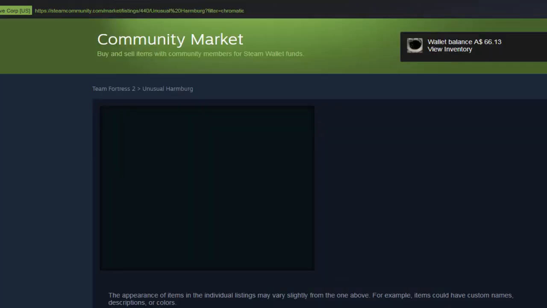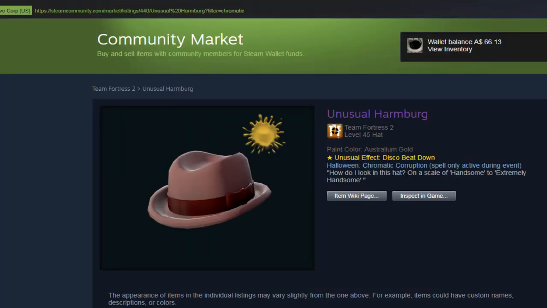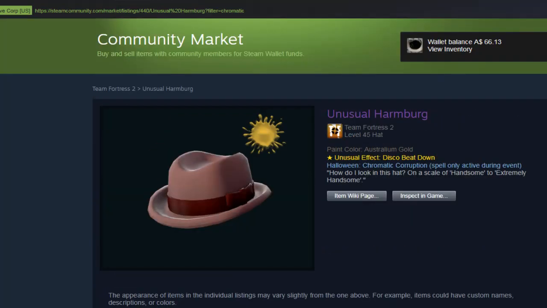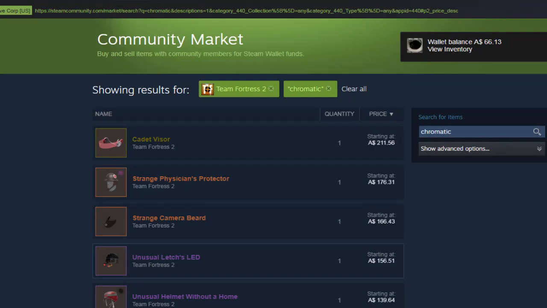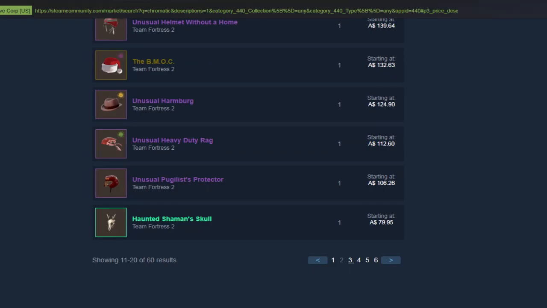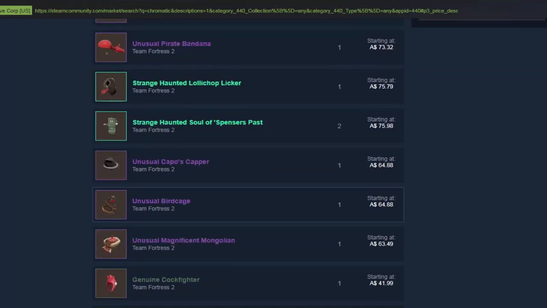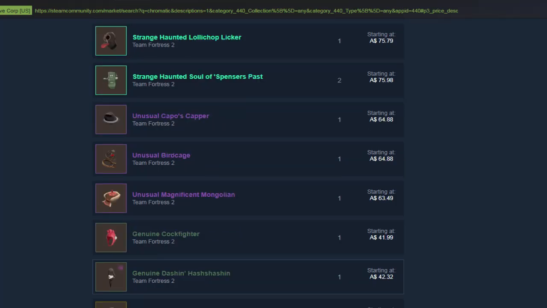The unusual Hamburg looks okay, but it's got disco beatdown. Again, 124. Not particularly bad value for that if you like disco beatdown. It's sort of 100 US, which is like 40 or 50 keys. The haunted lollipop liquor's fun. They look so weird. The Capo's Kappa, the genuine cockfighter,